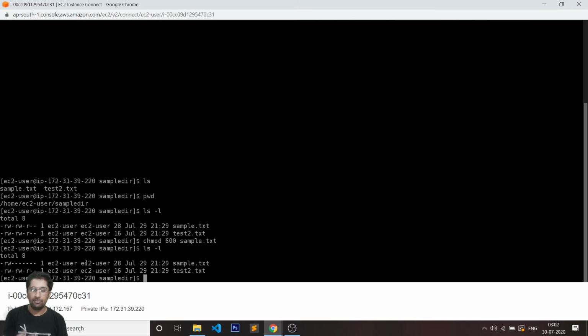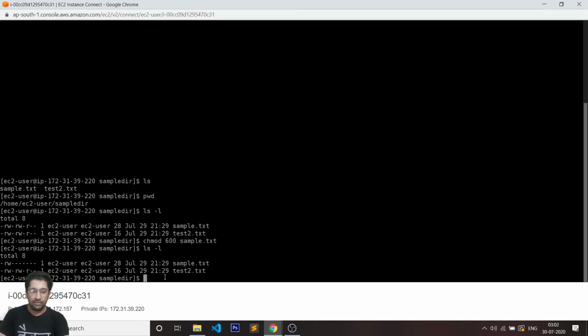You can read more about this, and I'll be coming up with a detailed video on chmod because that's a very dedicated and a long command, wherein I'll be explaining the significance of each number and how you can actually change and manage the permissions of each and every file in Linux, because it's a very important topic in Linux. At times you're not able to access files if you do not have the correct set of permissions.